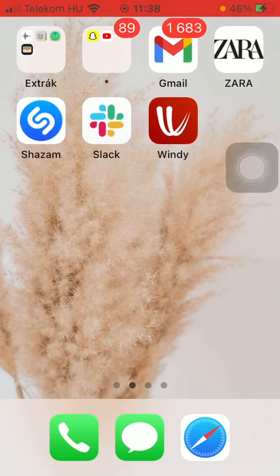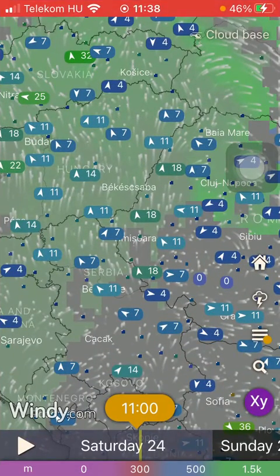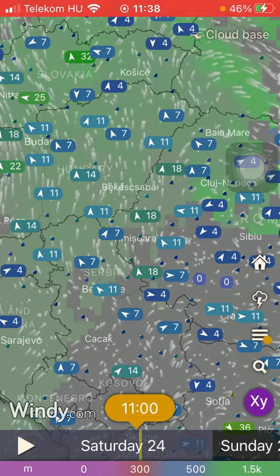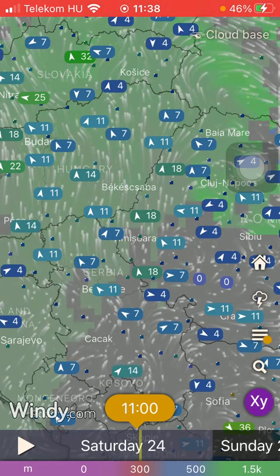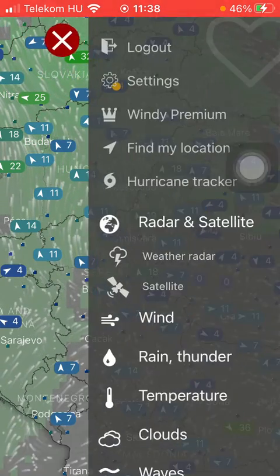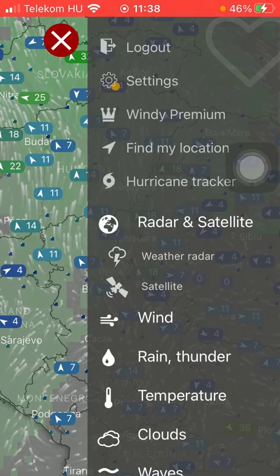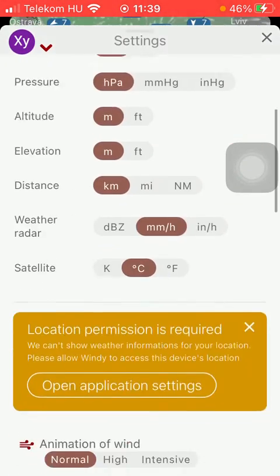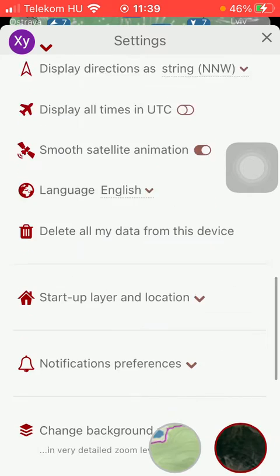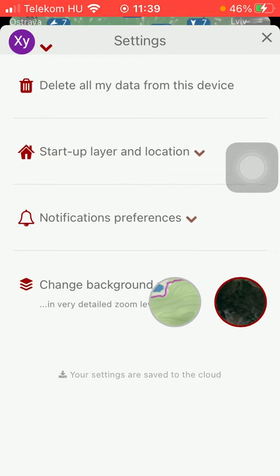First of all, open the application on your phone. Now tap on the settings icon in the right side of the screen. That's the third option. Tap on settings at the top. Now you should scroll down till you find the change background section and tap on one of these options here. So if you click on the relevant one,